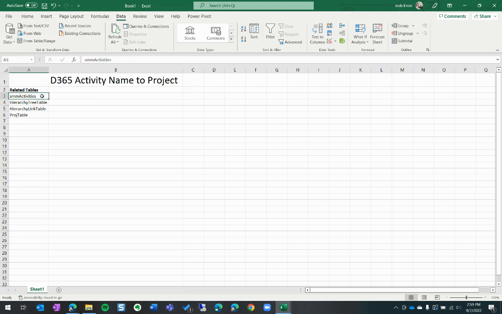We go from the activity itself, and the name of the activity is on this SMM activities table. But then there are some intermediate tables. There's a hierarchy tree table, a hierarchy link table, and a proj table. Sorry, those hierarchy tables lead to the proj table. So there's sort of joins across those four different tables in order to just put activity names next to the